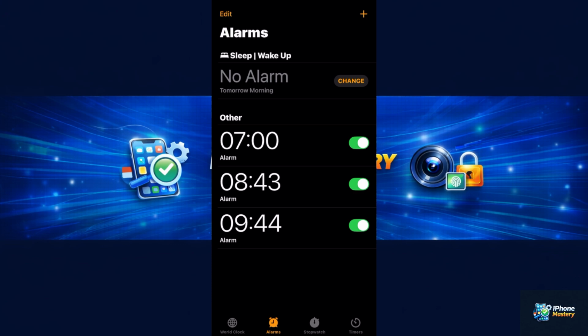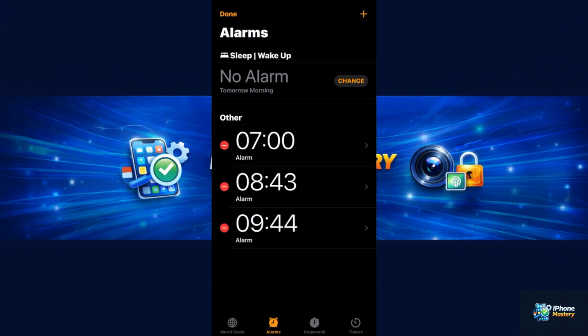So what I just wanted to do here, I wanted to check the top left corner. You are going to see edit over there. So I want you to tap on that edit. Once you tap on the edit, I want you to tap on the alarm you want to change the